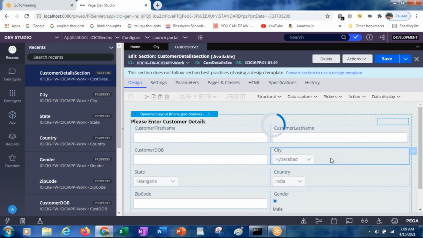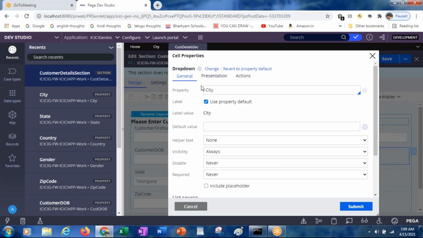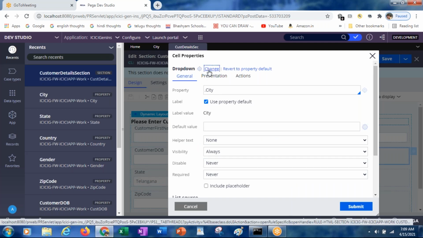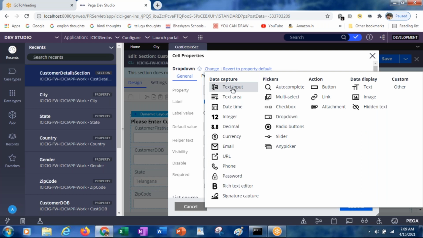So either you can make the changes initially itself, or after placing the property into the section, you can make changes by going to the cell properties. By selecting the change, you can select what kind of control you want to display, whether it is a text input, text area, date, time, integer, decimal, currency, like this. You can select whichever you want, however you want to display the control in the UI.